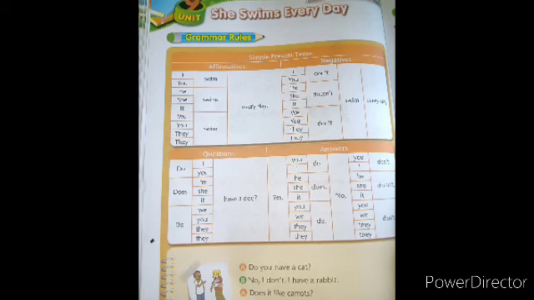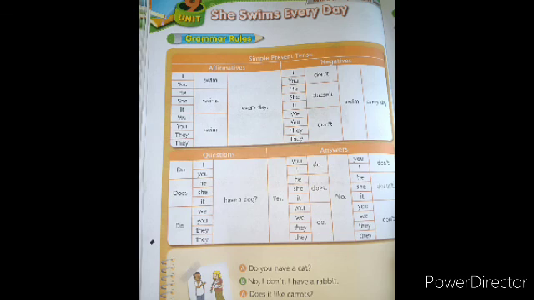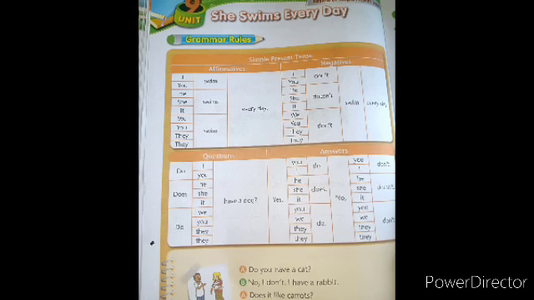Now here I'll read the questions. Question, as I told you, when we talk about I and you, when we form a question, what will come first? Do before the subject. Do I have a dog? Do you have a dog? But when we talk about he, she and it, what will come? Does. Does will come. Okay. When we talk about the plural in questions, do we have a dog? Do you have a dog? You we are saying, as I told you, because it will be the same in plural and singular. So do you have a dog? Do they have a dog? So I hope you have understood questions also, children.